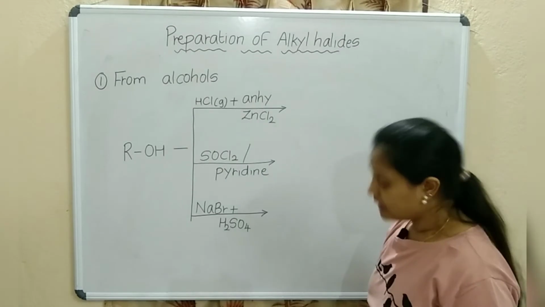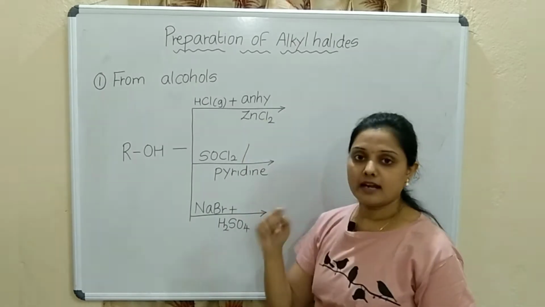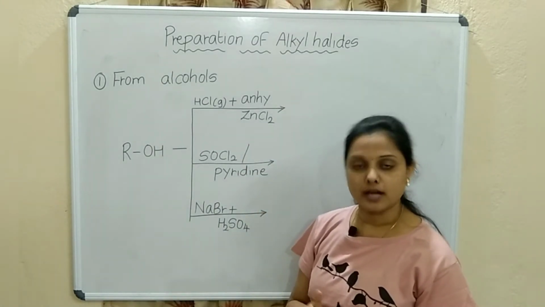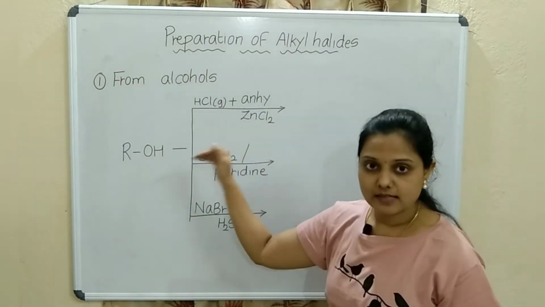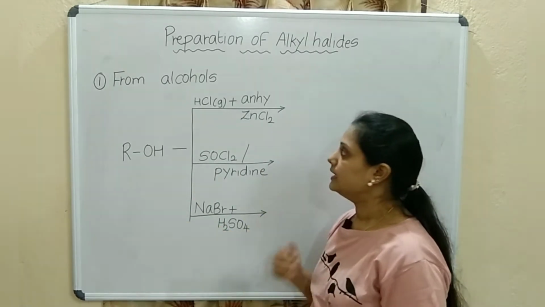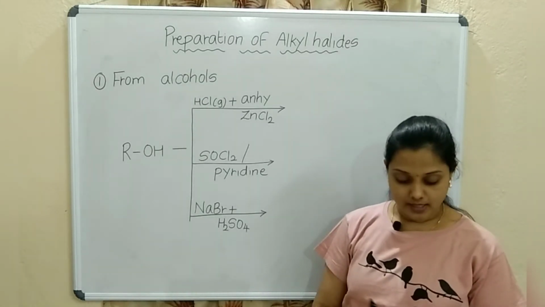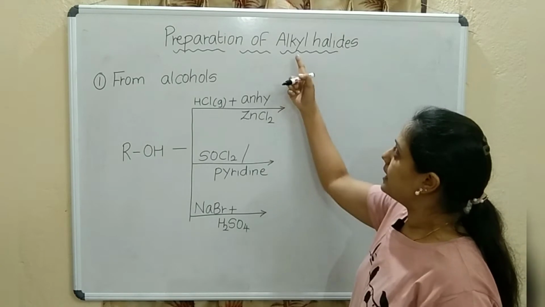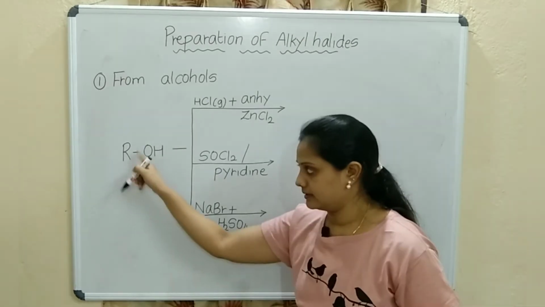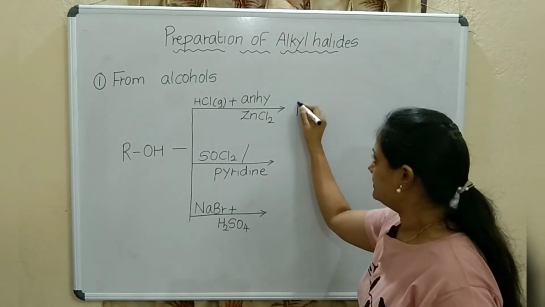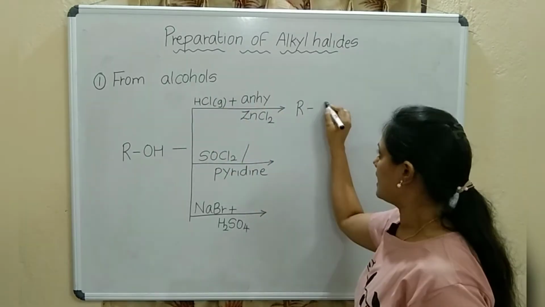So the first preparation: HCl gas plus anhydrous ZnCl2, zinc chloride. So ROH, HCl gas is passed through the alcohol in the presence of a catalyst, anhydrous ZnCl2, zinc chloride. At that time, see what we are preparing: alkyl halide. Where is the alkyl part here? R, capital R. So write it as R. What is the halide present here? Cl, correct. So RCl,